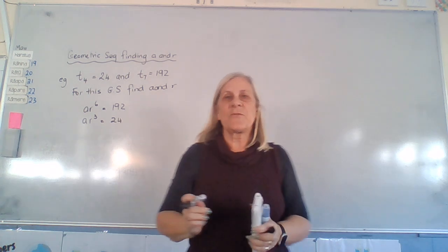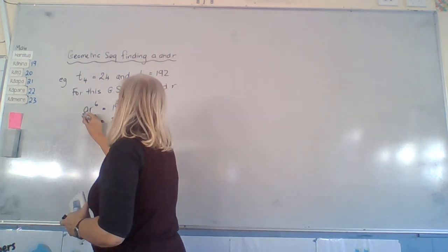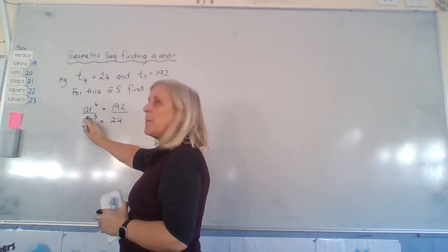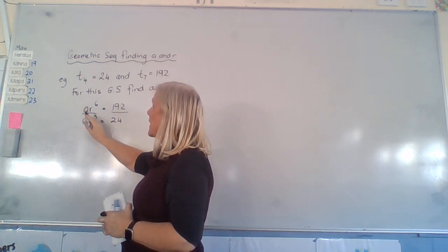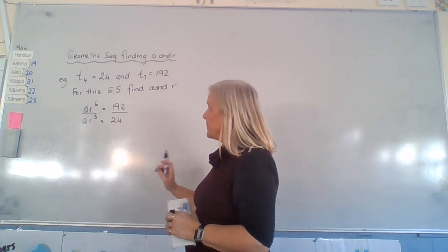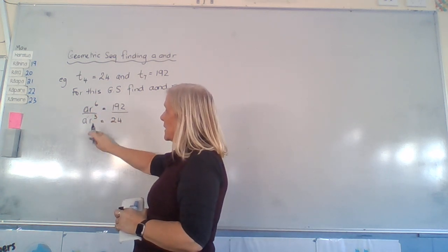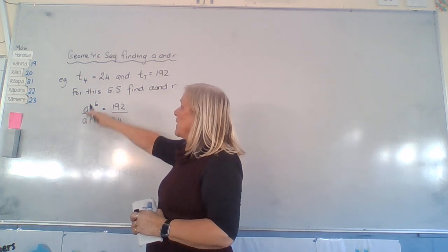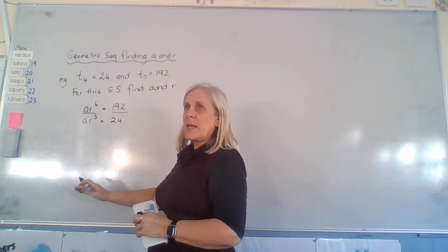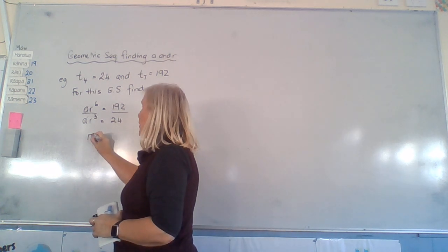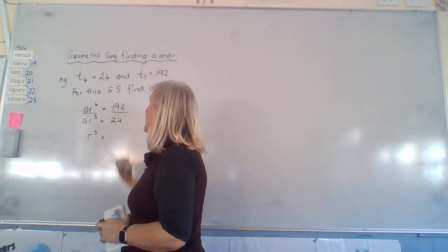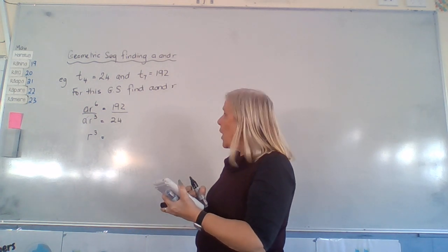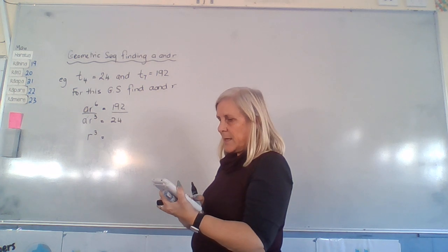So we're going to pretend these are fractions, and put a fraction line in between. And we're going to say, oh yes, A on the top, A on the bottom, they cancel out, which we're allowed to do if it's multiplied. That's going to leave us with this. If we remember our index rules from way back in year 10 and 11, if you've got 6 on the top and 3 on the bottom, you've got r to the power of 3. This we're also going to cancel, but using our calculator. So 192 over 24 equals